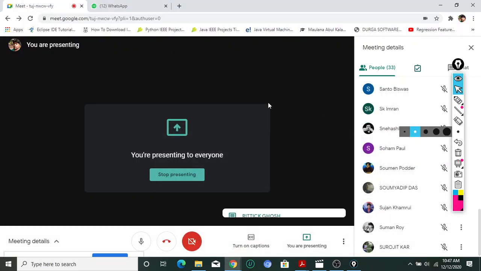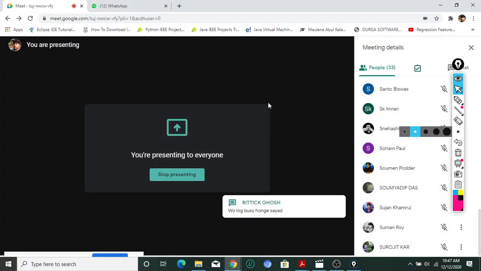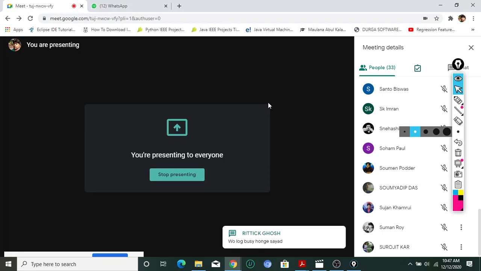So last day we have discussed about the AVL tree, why we are going to use the AVL tree, what are the disadvantages of binary search tree, and why we